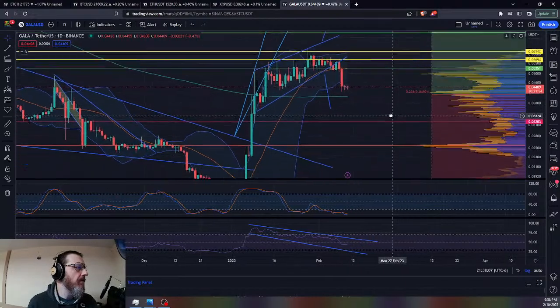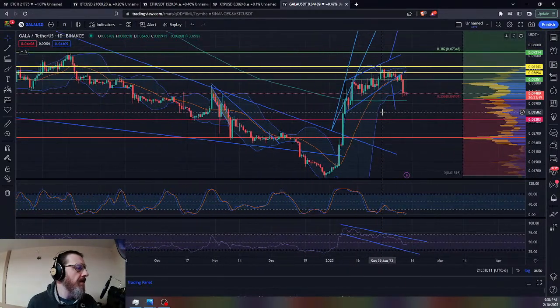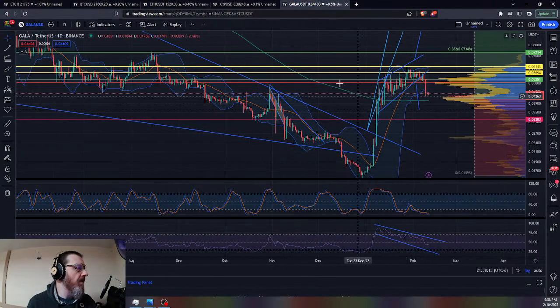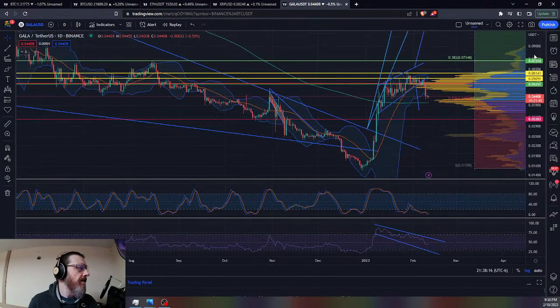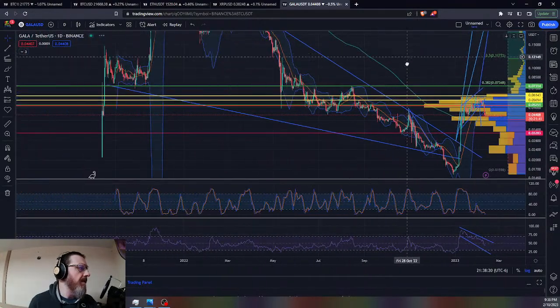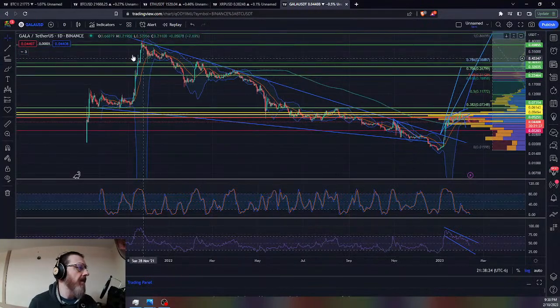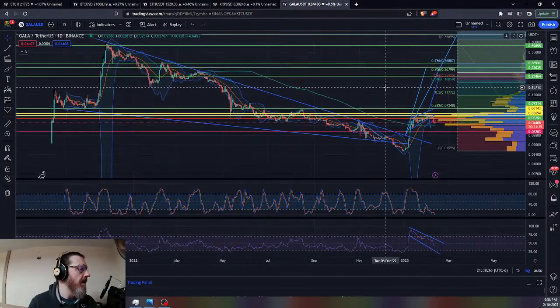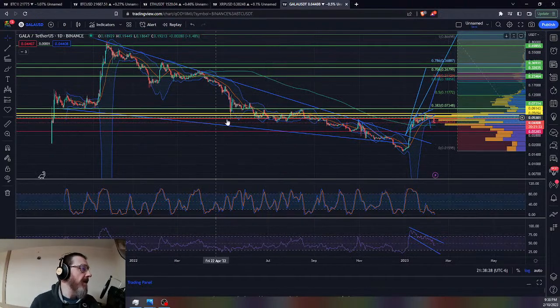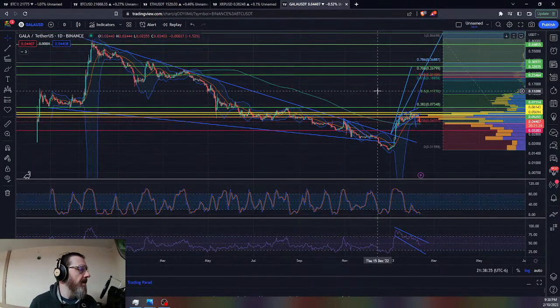Keep in mind, Gala's doing a similar two-step with the rest of the market. And what it did over the course of the dump here was form a very bullish pattern. It's a very large falling wedge, and I mean, it's a beautiful pattern. It's a textbook falling wedge. It was just a question of, hey, when is this thing really going to